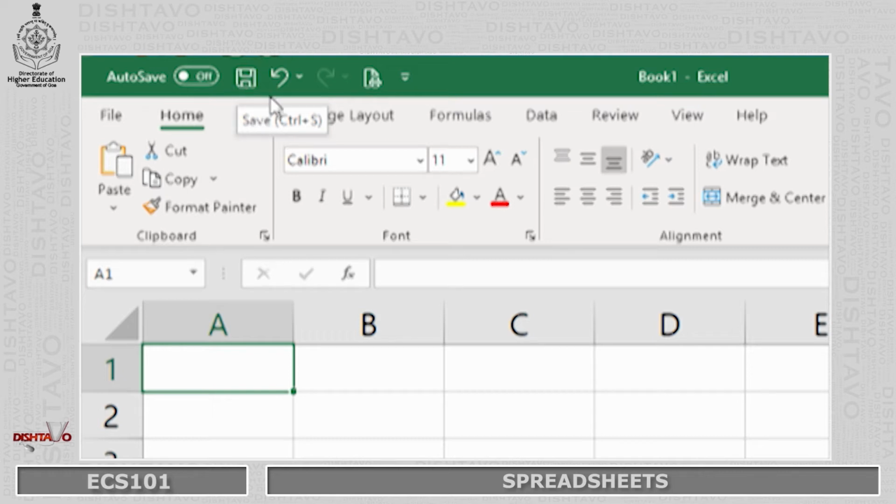As I hover my cursor over here, you can see that the dialog appears, save, and in the bracket the shortcut key on the keyboard is given for it, that is Ctrl+S. So either I can click on this button to save whatever work I do on the spreadsheet, or I can press Ctrl+S.